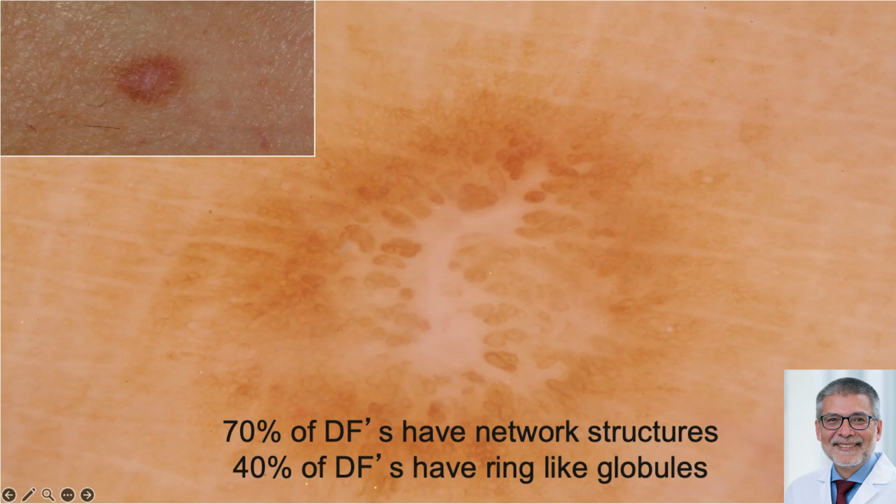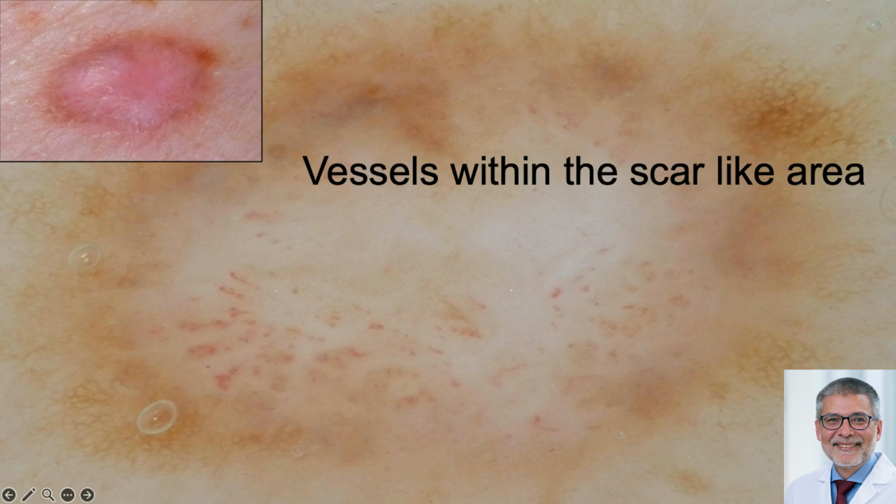These are the so-called ring-like globules. You can see that they're sort of brown, donut-like structures, more towards the central aspect of the dermatofibroma. And then in dermatofibromas, you will also see vessels. So you can see that it's a little bit of a difficult lesion if you don't put the whole clinical